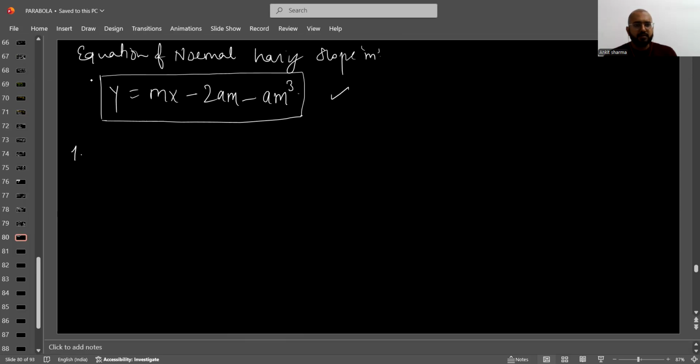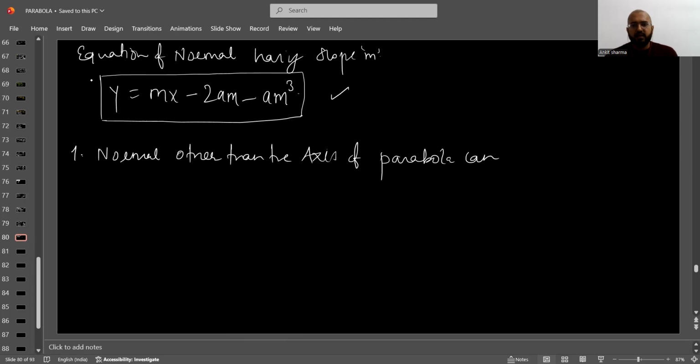See, a very important point: a normal other than the axis of parabola can never pass through the focus. Can never pass through the focus. That means if I have a normal,